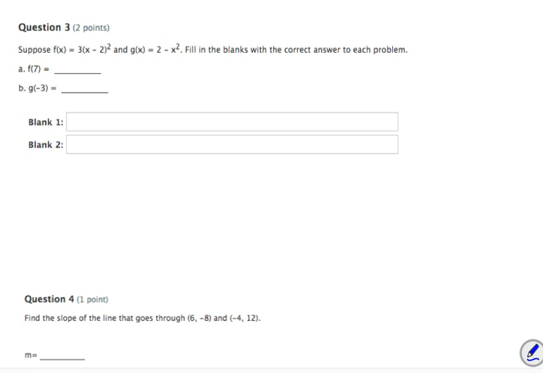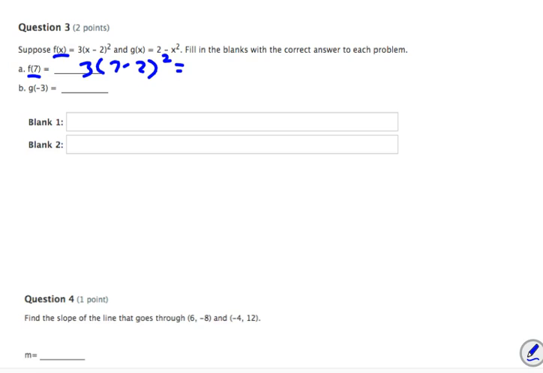Number 3, we've got equations or functions written in function notation. So I've got f of x and g of x. F of x and g of x are just a fancy way to write y. It's just saying that you've got 2 different equations. I could have a third one and call it h of x. So when I see f of 7, that means use the f function and plug in 7. So I'm just plugging in the 7 and then doing the order of operations that we should have practiced in